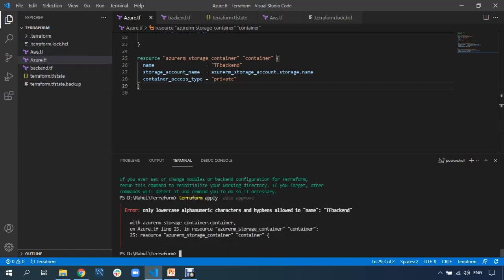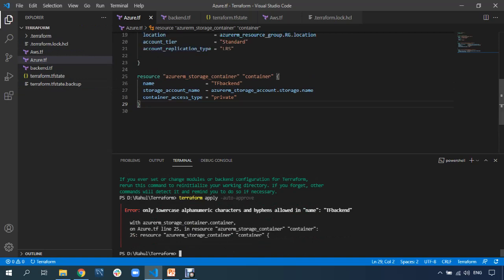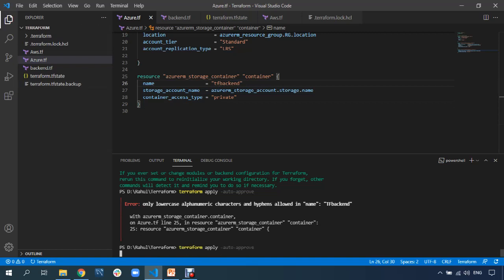So what is the error now? TF backend, only lowercase. Okay. So let me make it lowercase and let me apply it. Whenever you get any error in Terraform, it will show you in which line you have the error. It shows I have an error in line 25.